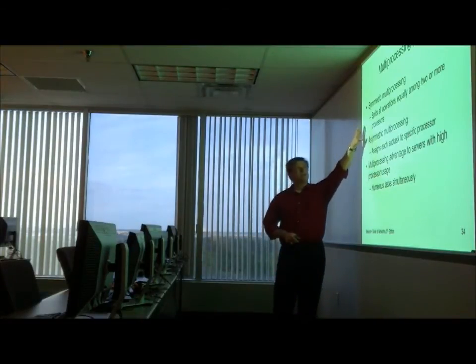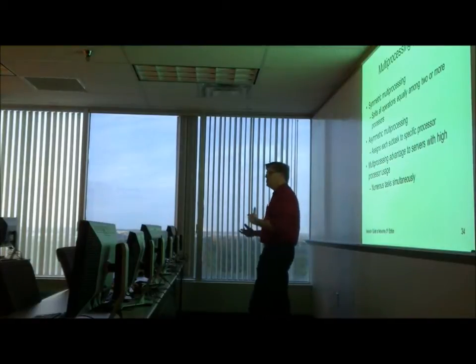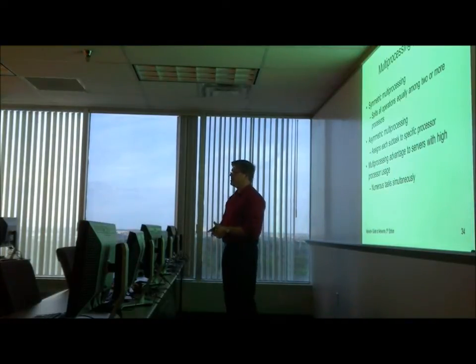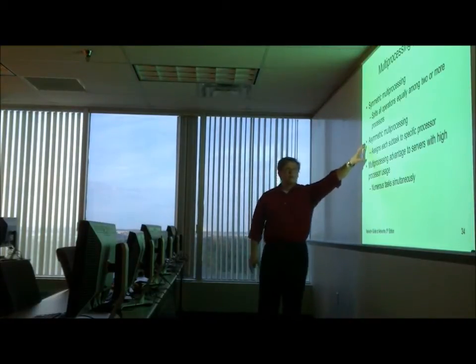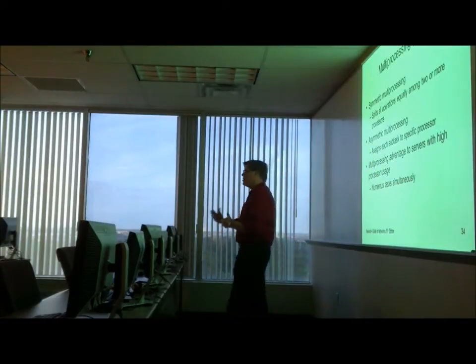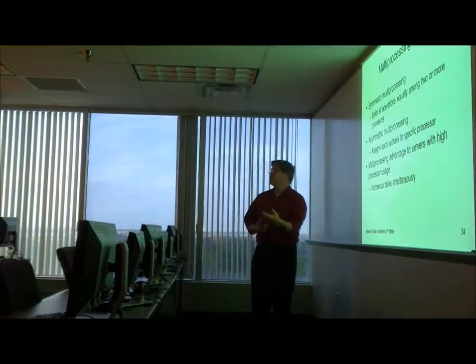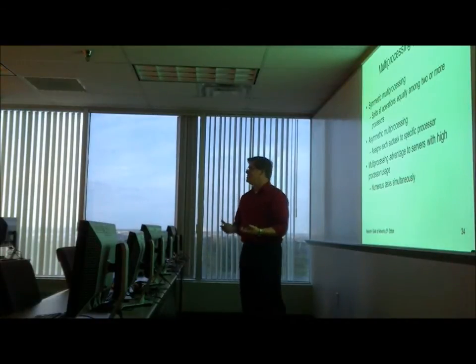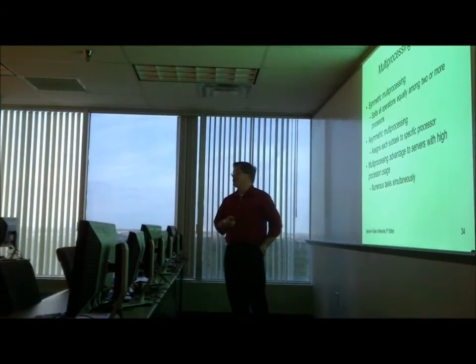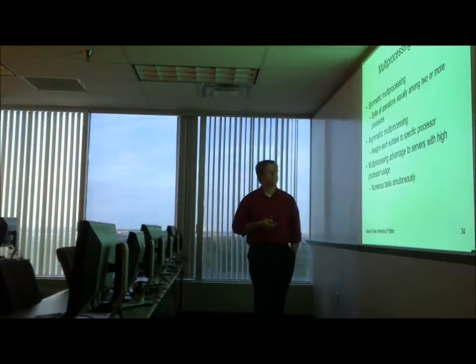The result is symmetric tends to be more efficient, especially in heavy loads. Why? Because with asymmetric, we end up with one processor doing a lot of work because it gets assigned one particular task. We have another processor that doesn't do very much because it got a very easy task. So it's not splitting the load up nearly as well. Most operating systems use symmetric multiprocessing for that very reason.